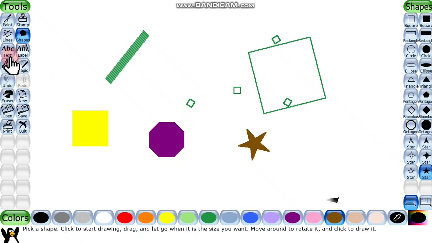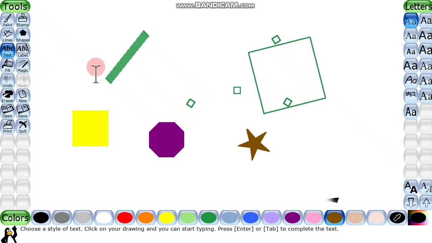Now here we come for the text tool. Text से क्या होता है, हम लोग कोई भी चीज लिख सकते हैं. Like I am just selecting this and I will write hello. ठीक है. तो now like this we can write and we can place it wherever we want to place it. तो ये लिख लिया.